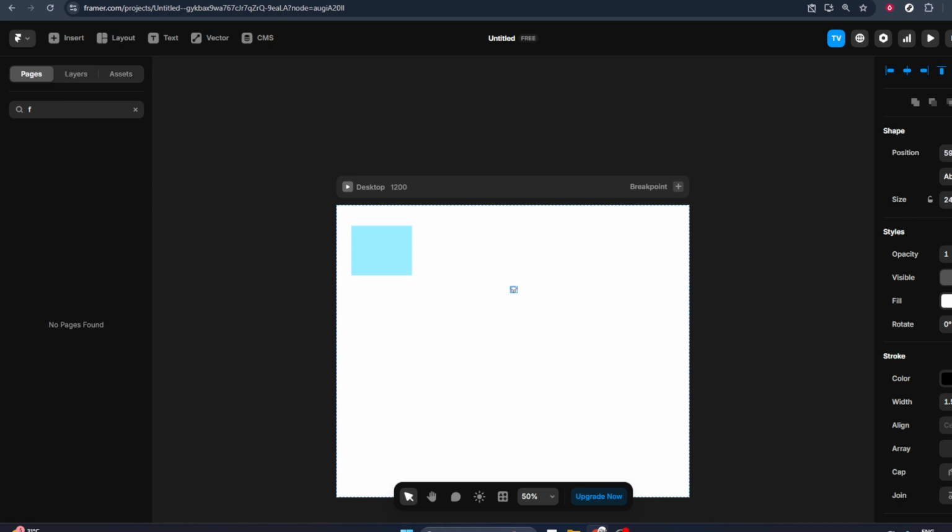From here, you can resize the icon, change its color, or adjust its position to fit perfectly within your component or layout. Because it's an SVG, scaling it up or down will not affect its quality. If you want a consistent icon style across your project, repeat this same process for all the icons you need, using Iconwa as your source. And that's it. By creating a shape in Framer, copying an SVG from Iconwa, and pasting it directly into your project, you can quickly add clean, professional